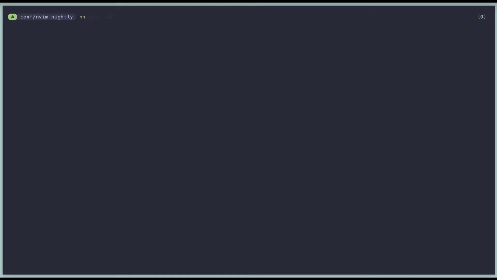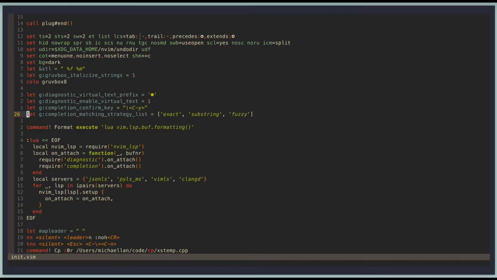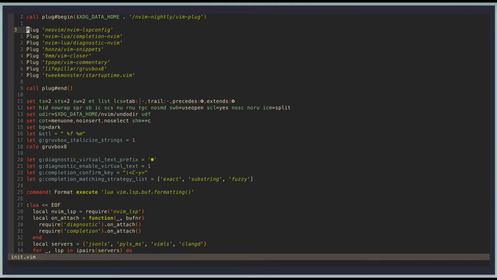I have it aliased to NN, for Neovim Nightly, and let's take a look at my config file. So I have a couple of plugins here, and other than that, I have a bit of options, and then mainly LSP related stuff at the bottom. So we'll go over that in a moment, but I'm using Vim Plug, obviously, and over here we have a